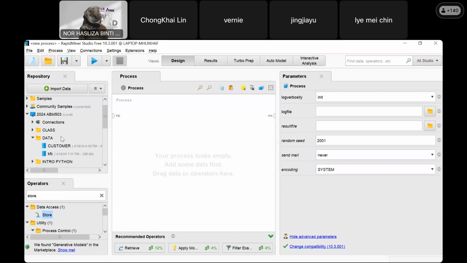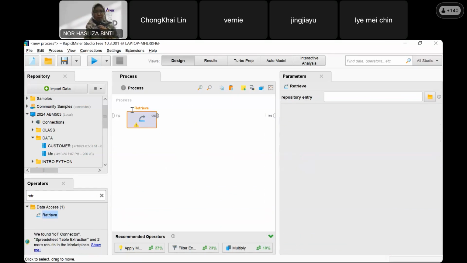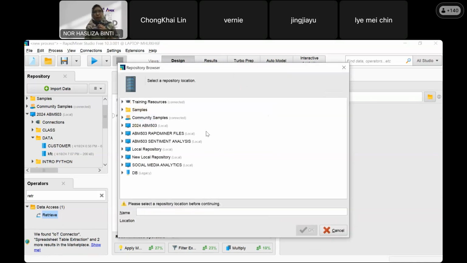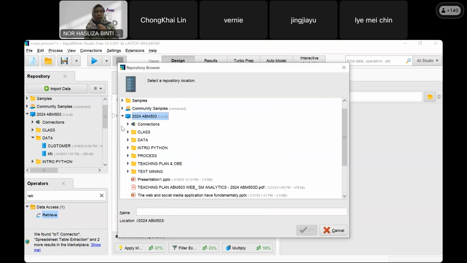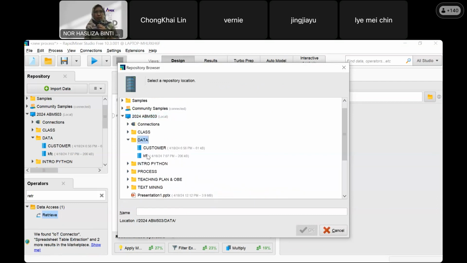You see here inside our repository we already have KFC, because you executed the process. Now we run again. We retrieve. So here we choose our data, KFC.